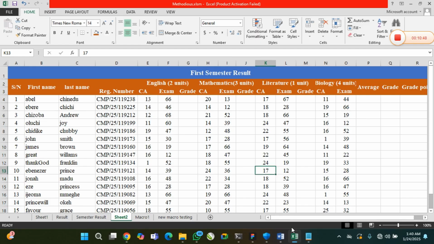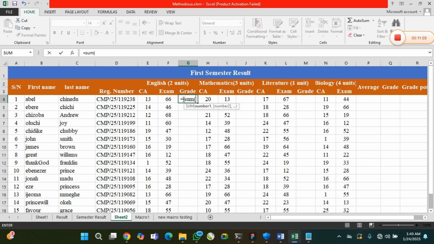So let's try this out and see what will happen. Let's say I want to get the sum of these two numbers, this one and this one. I want to sum them together and put the result here. Okay, so let's start with that. Coming over here, I press equal to, then say sum,